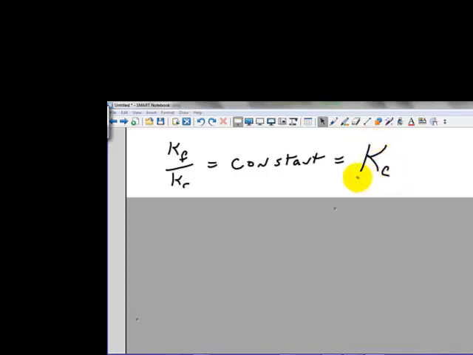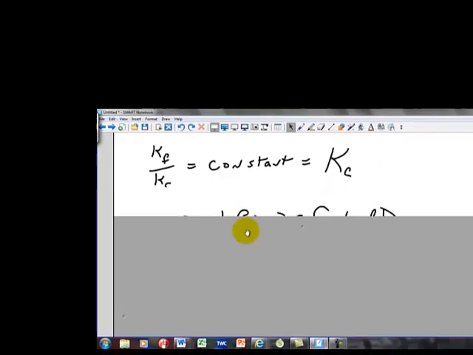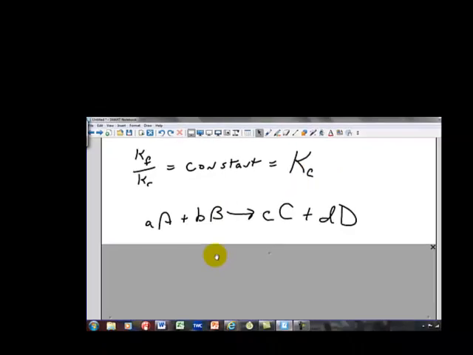This lovely K we're going to talk about for 3 chapters, and the only thing that's going to change about it is this little letter right here, which is just a label. It's just something to tell you more specifically what kind of reaction we're talking about the equilibrium of. So right now we're talking Kc because we're writing K in terms of concentration. Now in general, if you have a generic equation